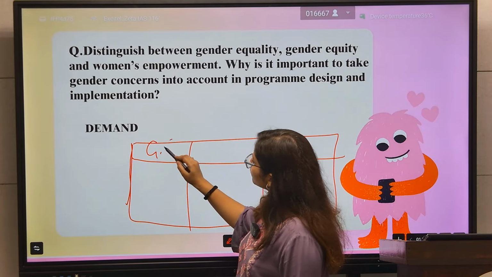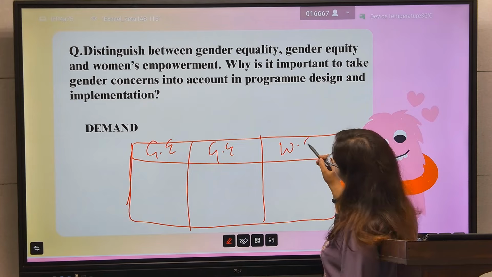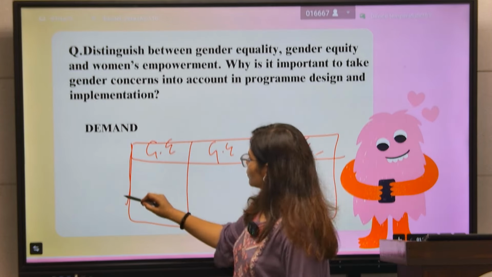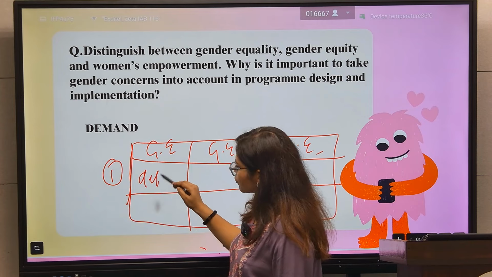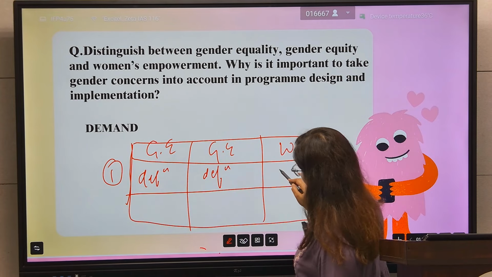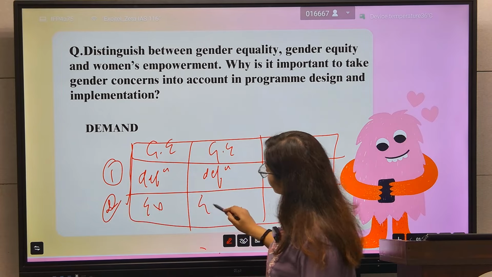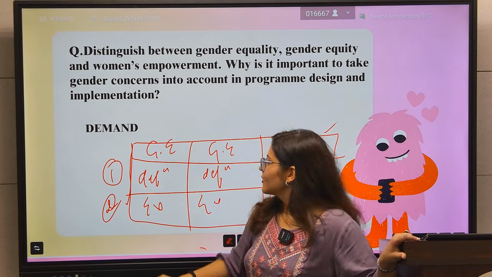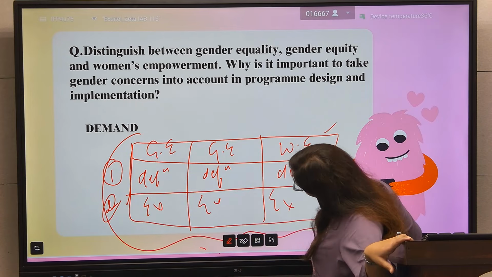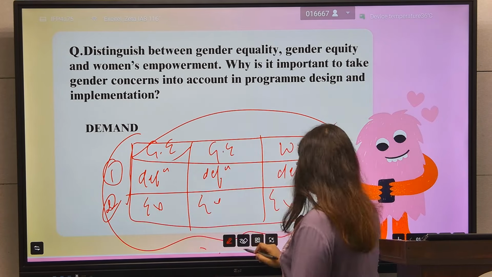One is gender equality, then gender equity, and then women empowerment. In the first row you will write definition, and in the second, example. So if you don't know anything, generate a table, write definition and example. Now in this question,